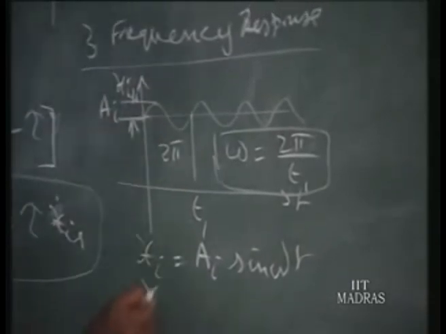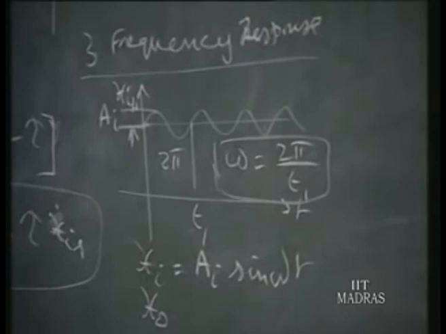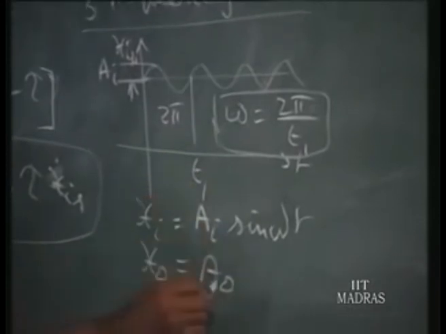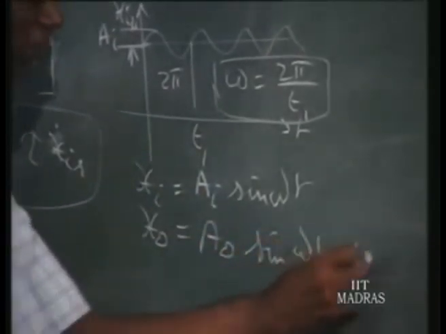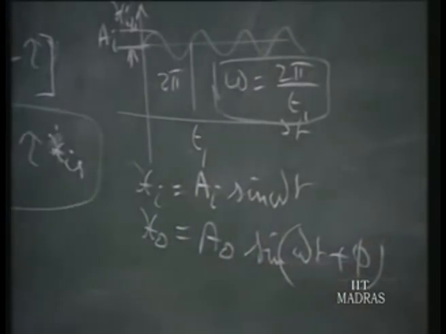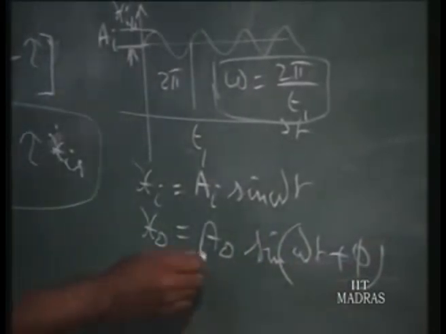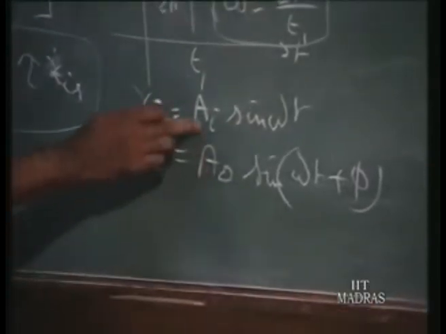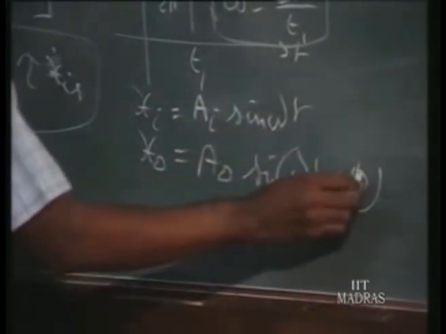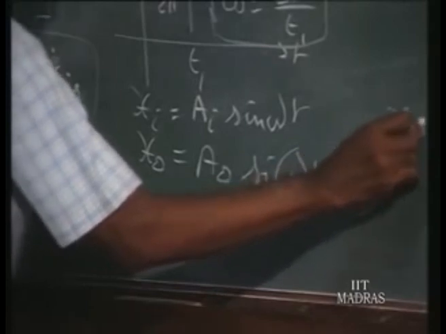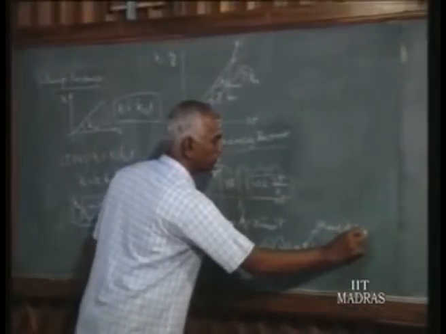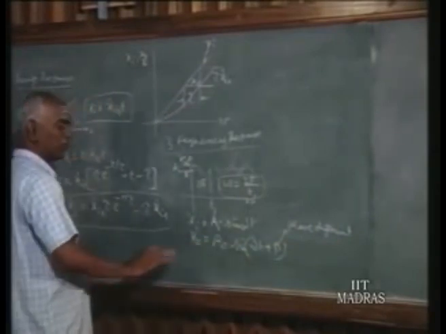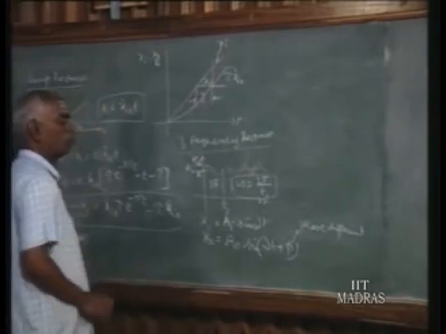Then the output signal, as we have seen earlier, after some transient will settle at a particular value. We can write that in terms of sin omega t plus phi. So the output will be of this nature, where AO may not be the same as AI; mostly it will be different from AI. Also you find a phase difference: the output signal doesn't appear immediately, it is lagging or leading. Whatever it is, some phase difference will be there for the output signal.